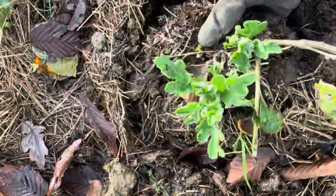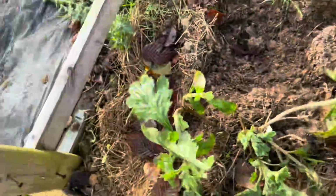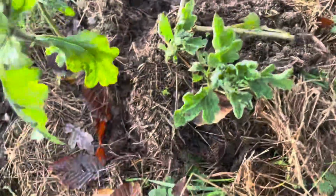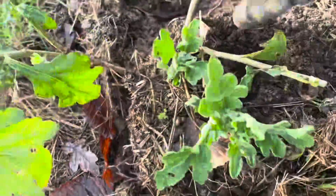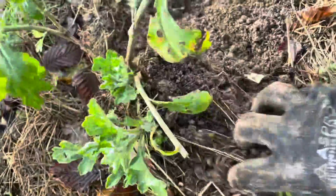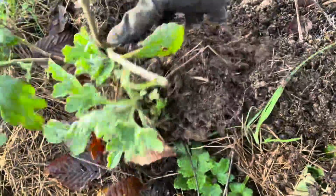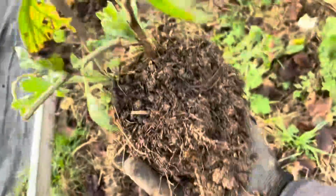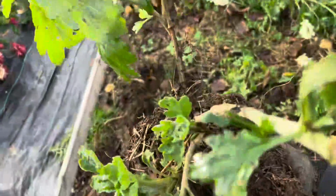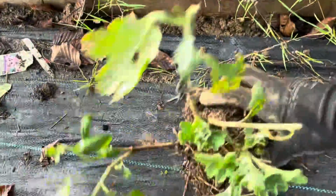Right, so that's what we want. These came from plugs. Well, some of these came from plugs. I think there was one of each as a plug, and then some's been cutting material that I took off the plug. So just tidy them up, and you can see that's what we're left with. So it's quite a good size. Just pop it there,